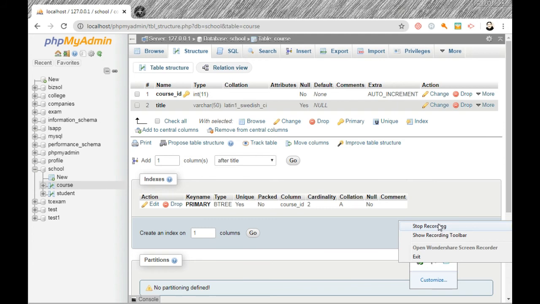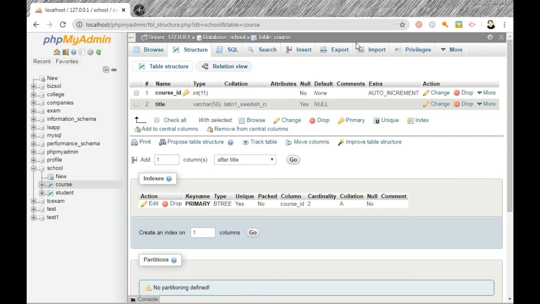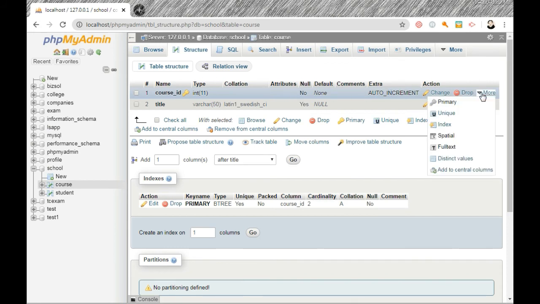Now we will see how to do this. To create many-to-many relationship, we first have to create an index. This is the course table and ID should be index.